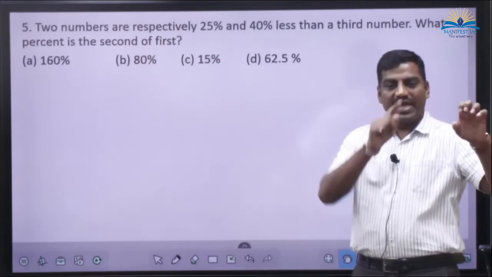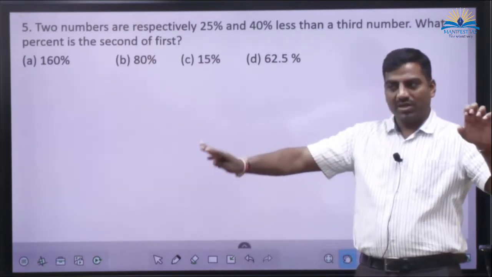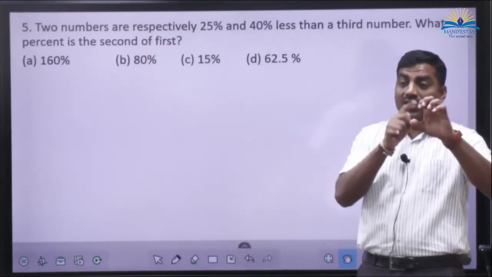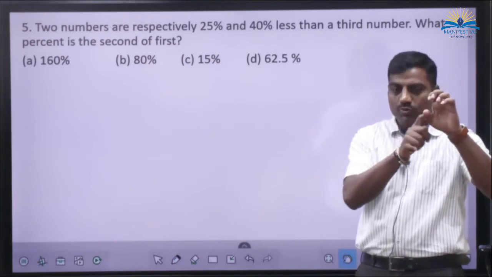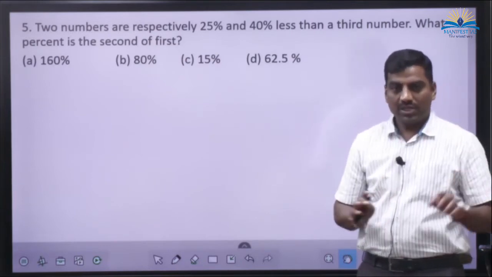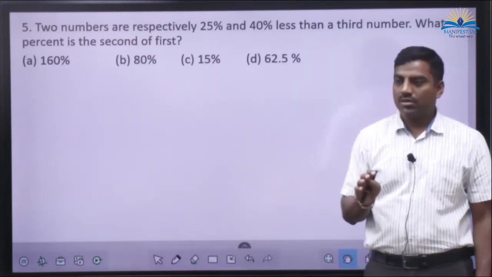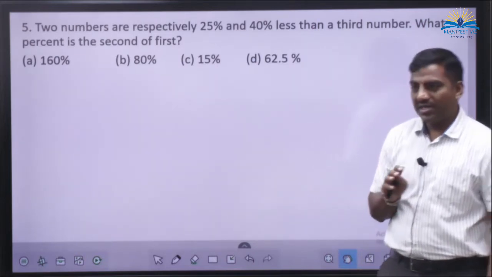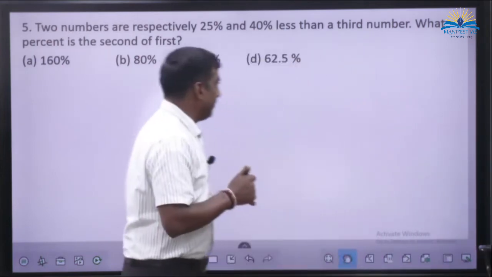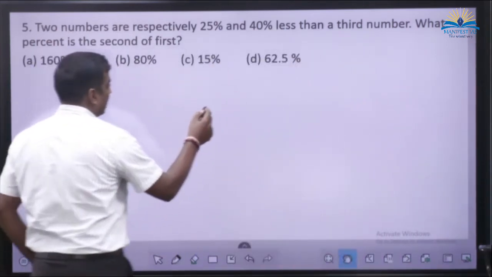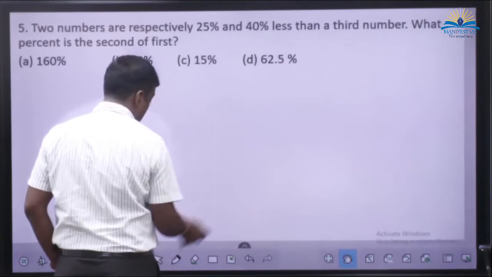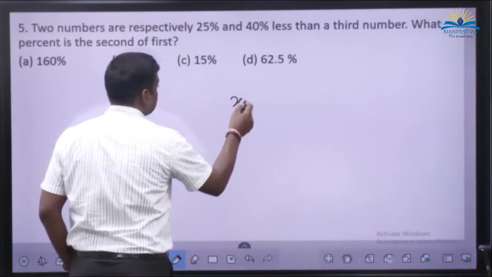Always be careful in any question, any chapter. First you have to decide what is the reference entity and what should be the reference variable. Here, first and second are being expressed in terms of what? The third number. So if I take the third number as x,